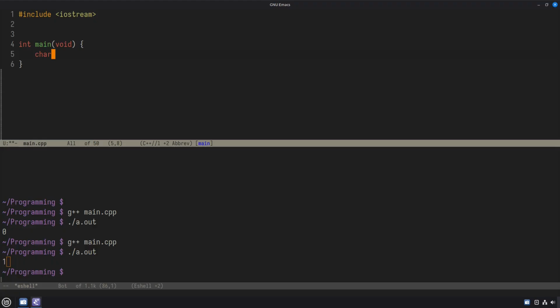So now let's move on to characters, and we will type out char. Again, another abbreviation. Instead of typing out character, we're going to just type out char, call it my character. And we actually have to do something extra here. We have to surround this value in single quotes, and we can put whatever we want here. I'm going to put B here. And if we print this out,